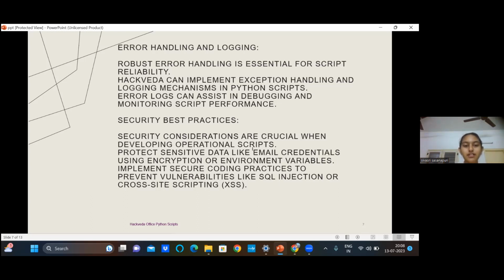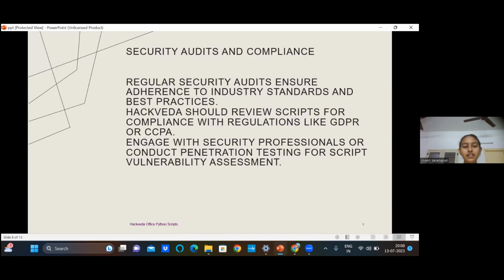Security and best practices. Security considerations are crucial when developing operational scripts. Protect sensitive data like email credentials using encryption or environment variables. Security audits and compliance: regular security audits ensure adherence to industry standards and best practices. Hackveda should review scripts for compliance with regulations like GDPR and CCPA. Engage with security professionals to conduct penetration testing for script